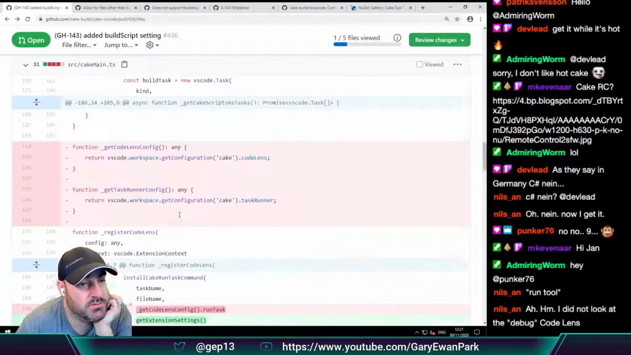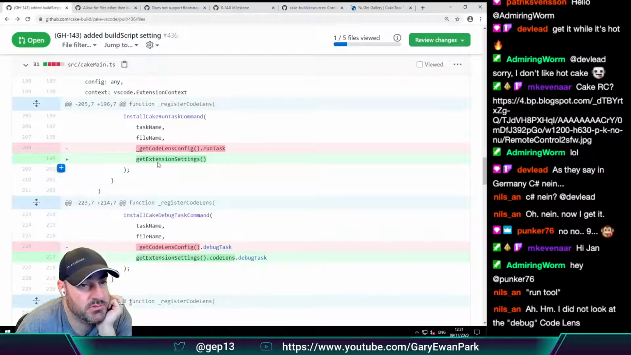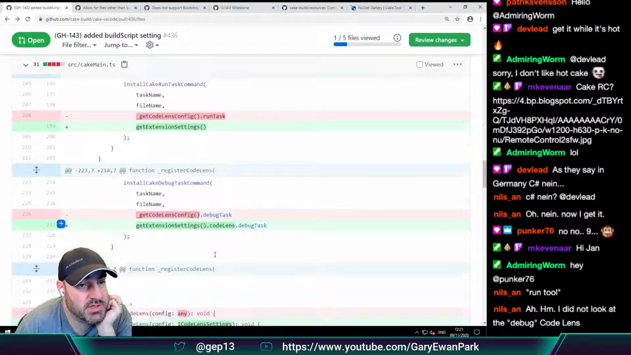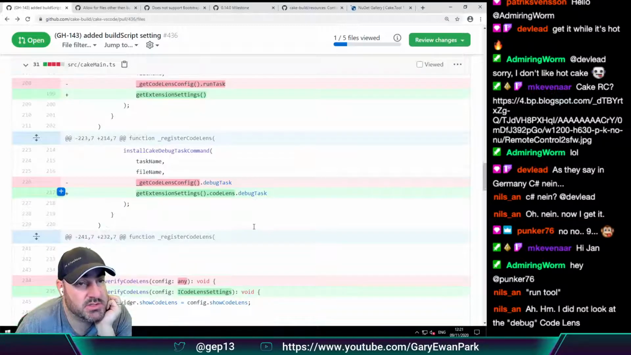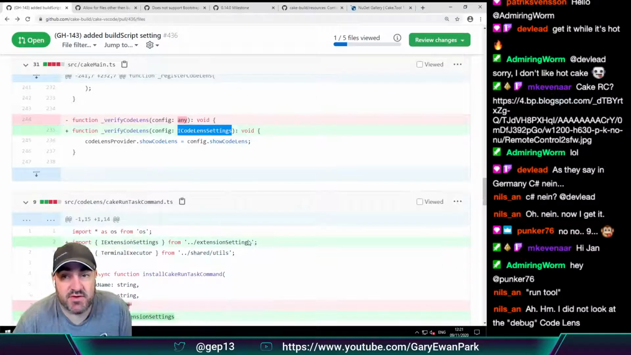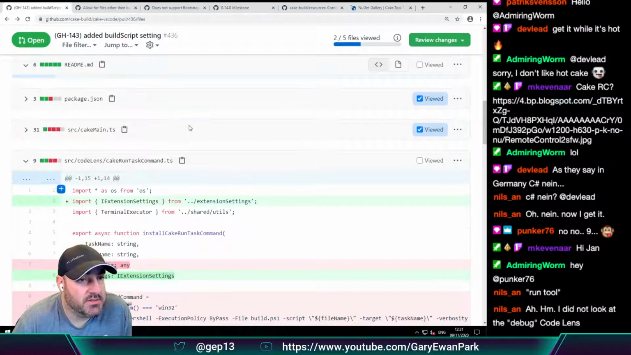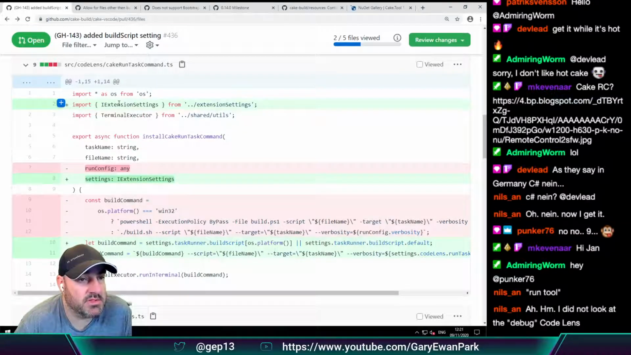So rather than put them there, we're going to use get extension settings CodeLens debug task. And again, that's being made more specific. Okay, so far so good. Then into the run task command, we're passing in the iExtension settings and making that a replacement for run config